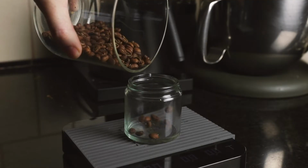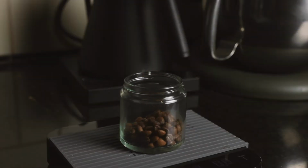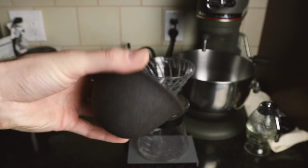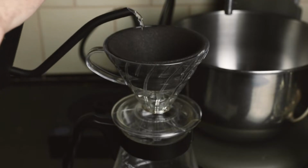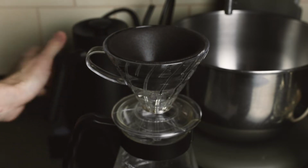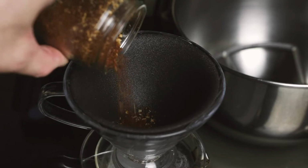So I did 14 grams in, and then I kind of went about, I think 40 or 50 grams on the bloom. And then after that, I put in 220. And I tried not to be too gentle with the pour because I knew that this thing was going to take a little while in the drawdown phase. Because at the very beginning, I rinsed this filter, just put a bunch of water through it. A, to rinse it out, but B, to also kind of get a feel for what this is going to be like brewing. And it definitely